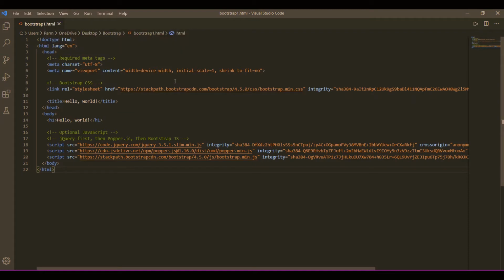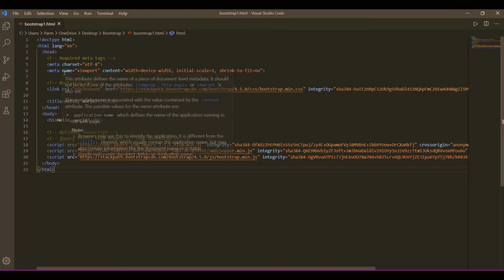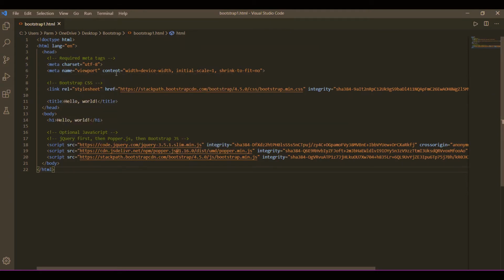Whenever we have to use Bootstrap in our page, we must use this meta tag, and this property must be used. We have given the meta tag the name viewport. And here the content property has the value width equals device-width, that is used to make the website a responsive website. A responsive website means a website that will automatically adjust to look good on all devices, from small mobile to a large desktop.